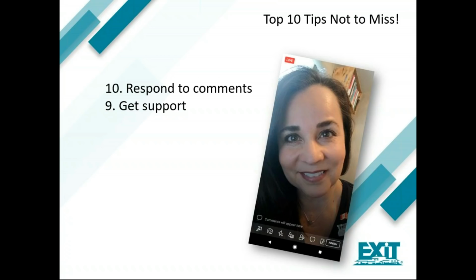Number 9, what I mean here about getting support is really important, is that you can have someone help you, whether they're on site with you, they can hold a camera, or they can help with the lighting, or they could be someone within your office or someone off site somewhere else that you can have come in remote, and you can have them answer some of the questions in the comments made by your viewers. So if you mention in your broadcast a website, you would have that individual that you trust type in the comments the actual URL for the website.